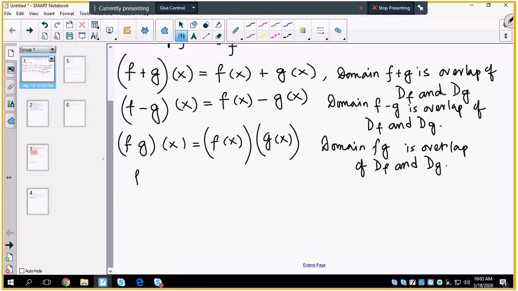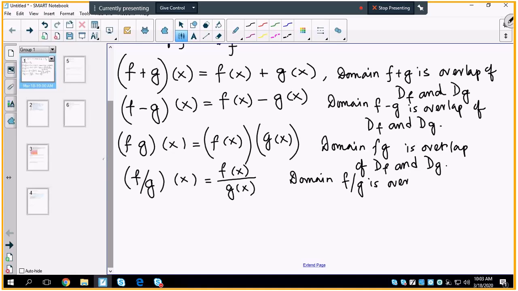Finally, we will be thinking about division of two functions. Say I'm dividing the function f by the function g. Then this is as simple as writing the function f(x) in the numerator and the function g(x) in the denominator and doing the possible division. The domain of the division function is a little different than the previous three. So the domain of f over g is not only the overlap. First of all, I'm going to take the overlap of the domains for f and g, but not only that,